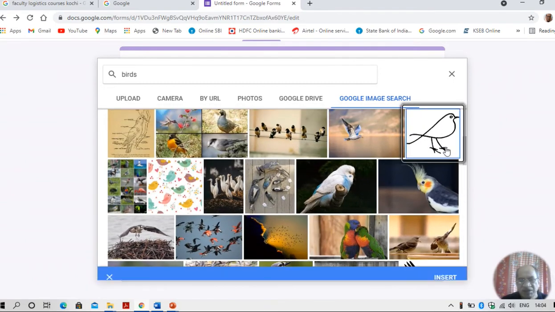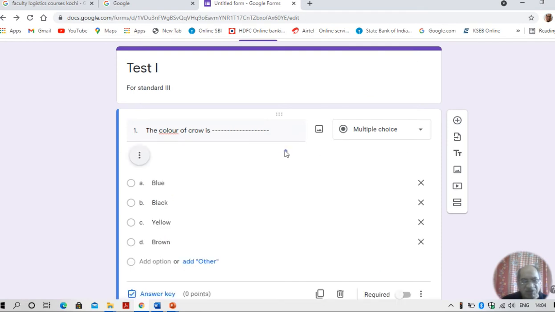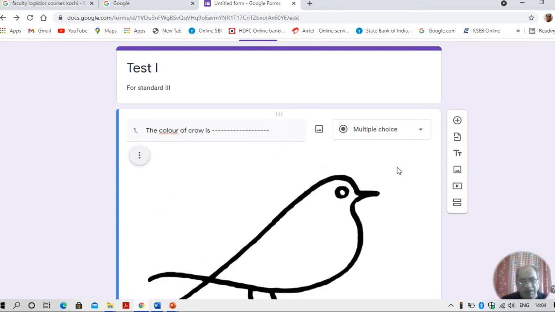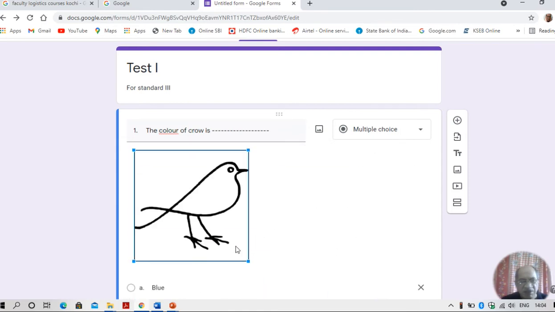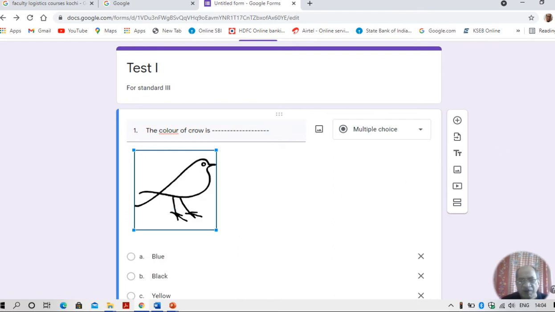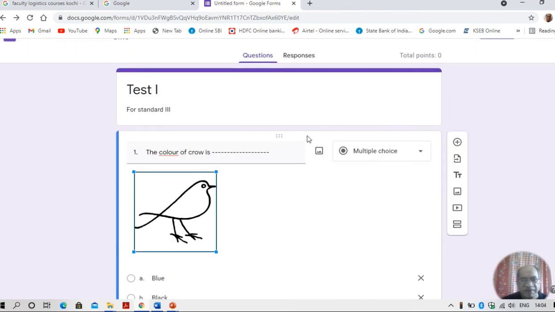I am selecting this and inserting. You will find a very large size picture of bird. Doesn't matter. You select it and make it the smallest. If you want, you can add image or you can delete image or you need not have an image.